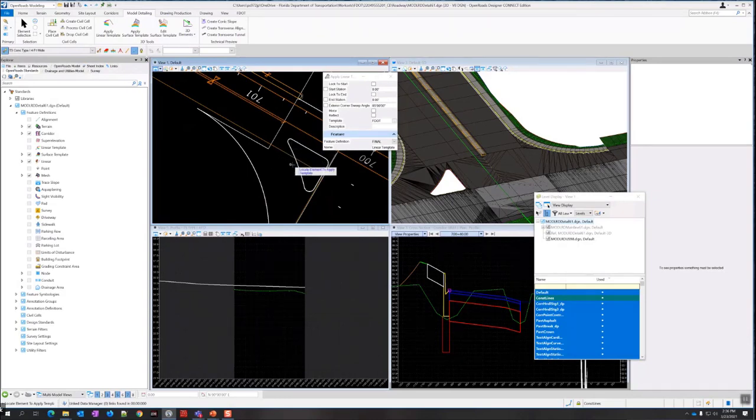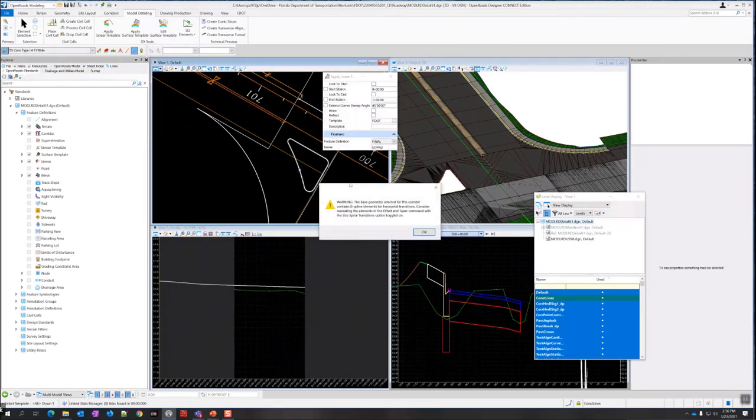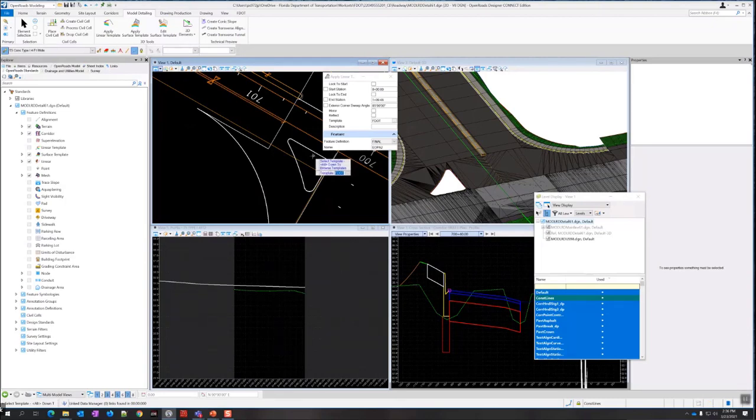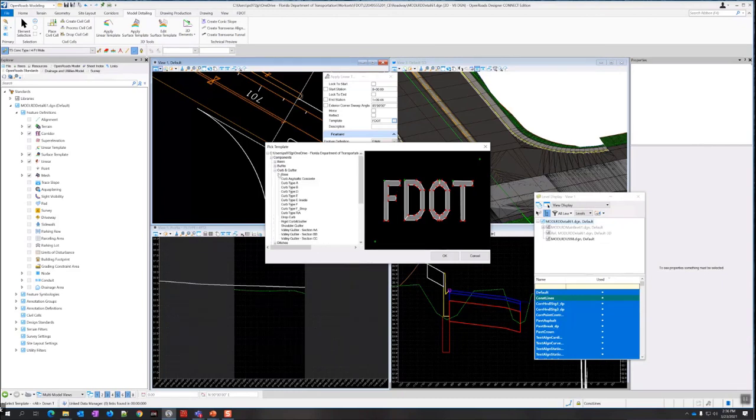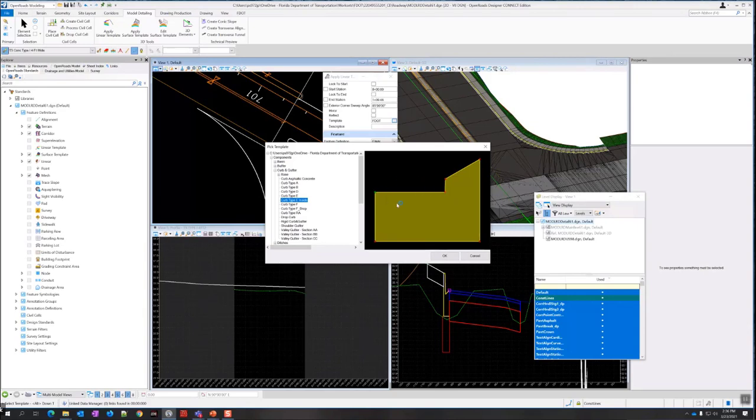It wants to locate element to apply template. So you just need to have a profile, which we do for this complex element. So I'm going to select that element. It's going to give me this warning about B-splines. I'm going to say OK on that for now because this is because of the way we copied it, I think it made it a B-spline instead of simply an arc. And then I need to pick my template. So I'm going to do the 3 dots here. This one needs to be, we go under components, curb and gutter, curb type E inside. So this one will match the slope if we need it to.